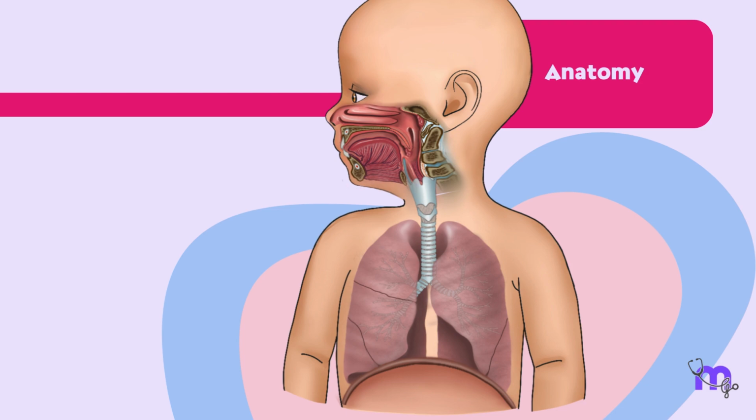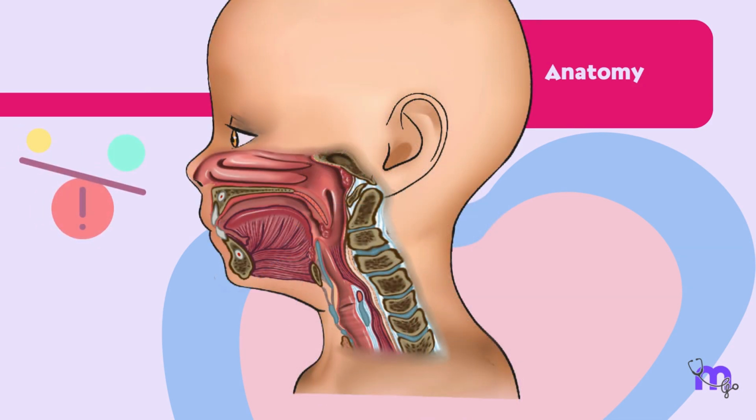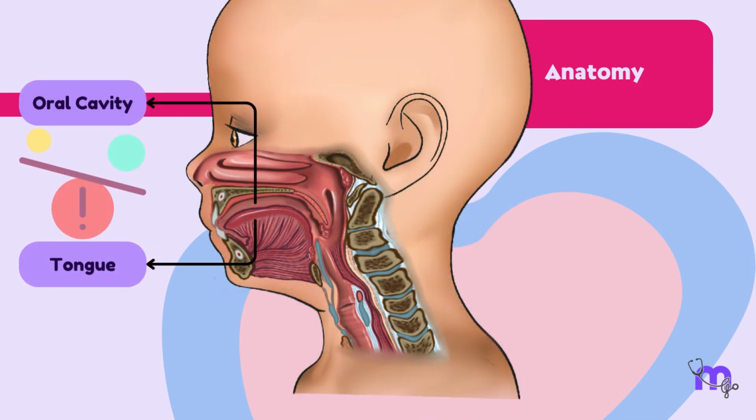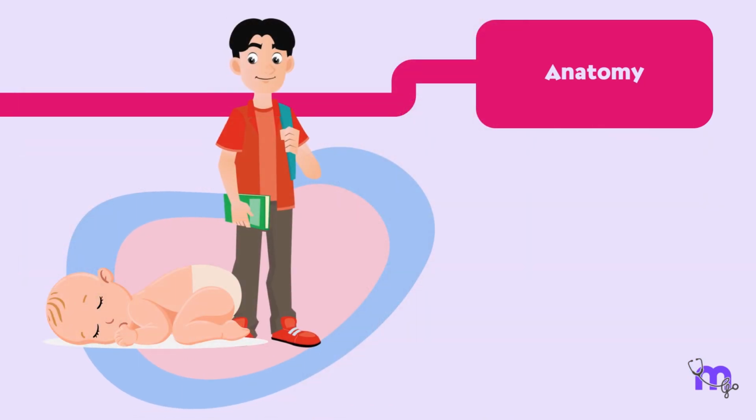Children are at a greater risk of airway obstruction due to their narrow nasal passages. The disproportion in the oral cavity to the tongue decreases the diameter of the airway, which is the characteristic feature in infants and young adults. Great care has to be taken when placing dental